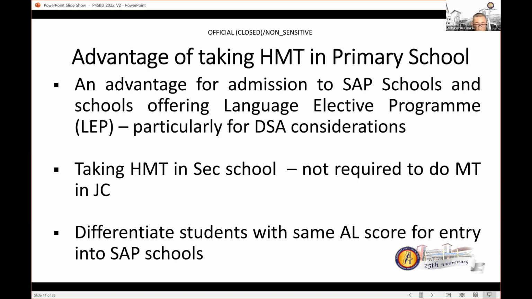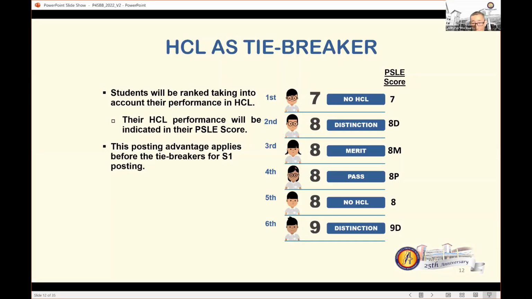Now, this part about the same AL score and how we differentiate, let's look at an example. So just now I mentioned that for SAP schools, other than the AL score, there is also the score for higher Chinese that will be taken into consideration. So in this example here, we have 6 candidates. In the event that the school's cutoff point is actually AL 8,